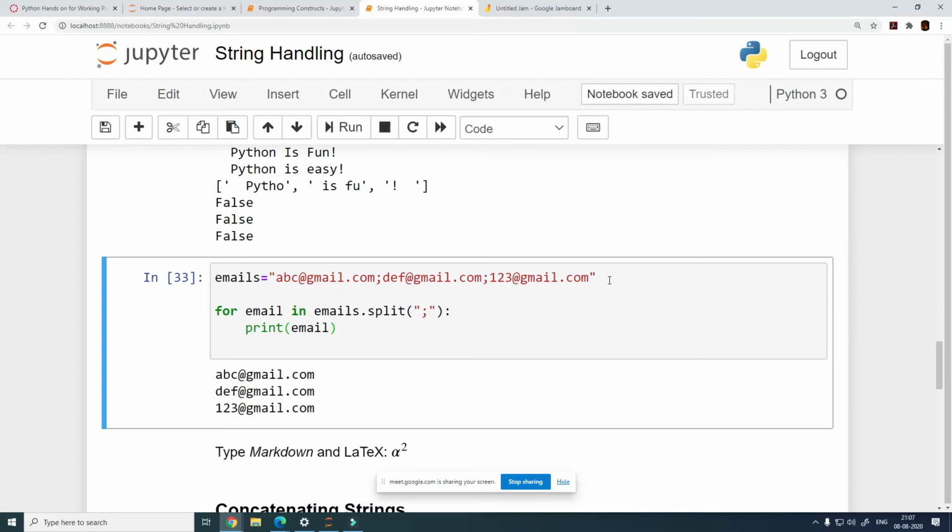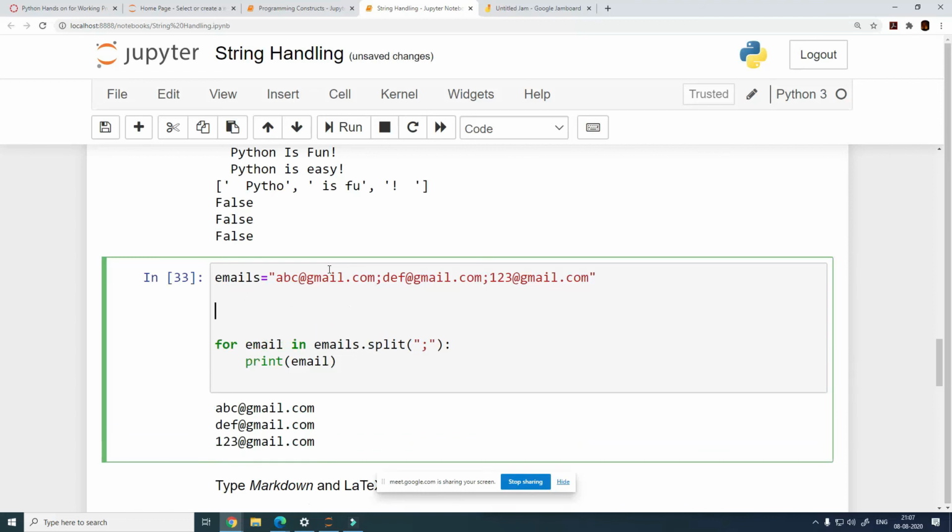So we got a text which has multiple emails, we separated them, and then we are iterating over that list which is getting generated. We already saw it will generate a list, and every time it is printing the email address. For simplicity, if you really want to see what is happening here, you can also print this as well.